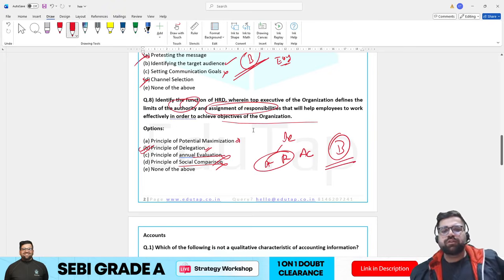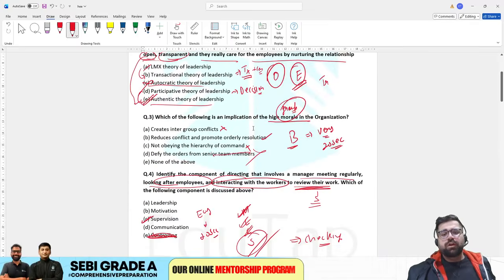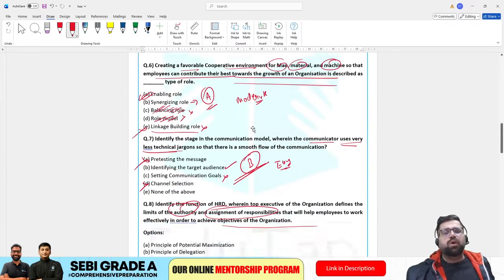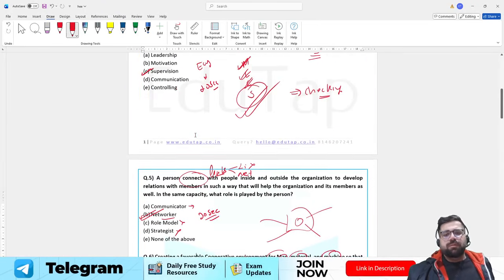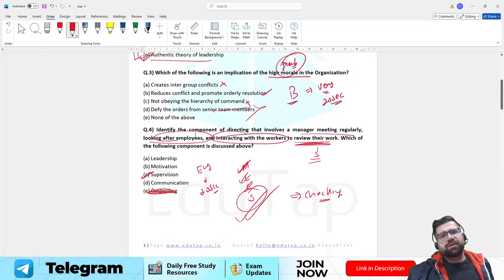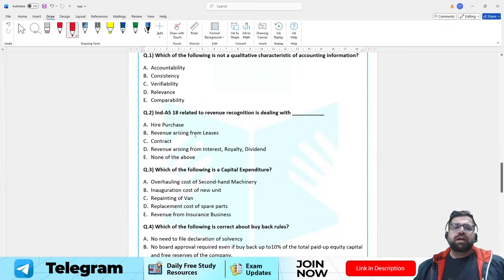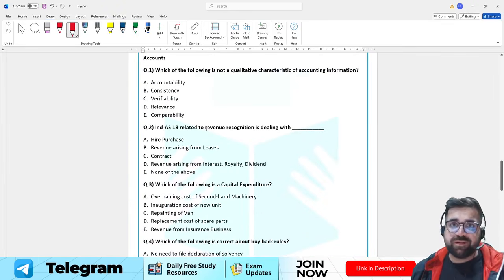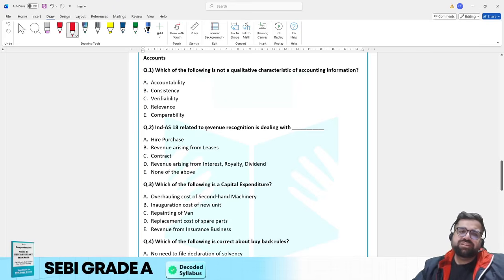So if you see, out of 8 questions which have appeared in the paper of 2022, phase 1 paper 2, all the 8 questions are doable. All the 8 questions are doable, but yes, somebody can leave question number 6 if they want to, but leaving all the other questions will not be good. Right, now let's start with commerce and accounts. Now in accounts, if I'm not wrong, there are 5 plus questions in your 2022 phase 1 paper 2. So let's start solving each one of them.